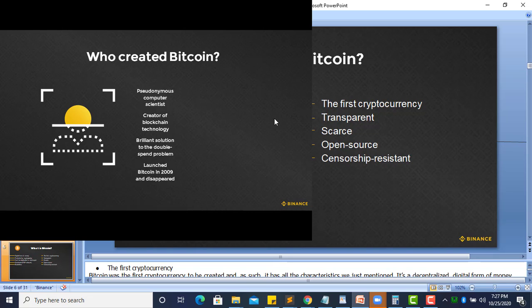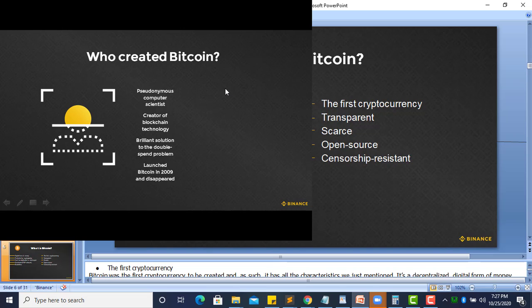So that was in 2008, and the group of people, or the individual, whose identity is not yet known, is called Satoshi Nakamoto. It's just a pseudonym. They are the group of people or an individual that came together to form what is called Bitcoin. The first Bitcoin was launched in 2009, and after they launched it, they just went into thin air. Nobody has heard of them again. And that is what we have up to date.